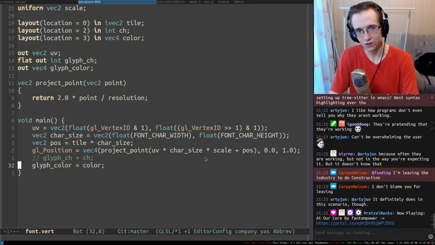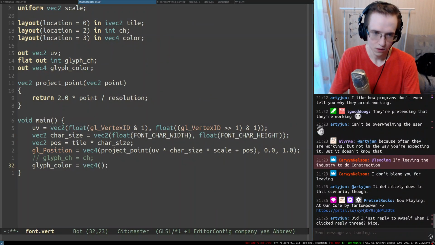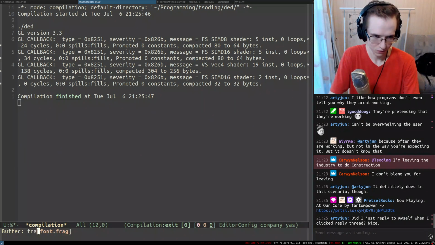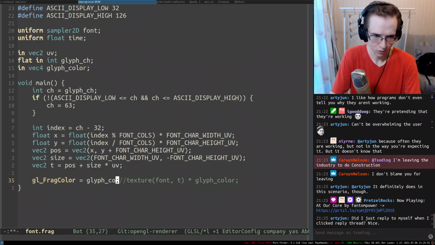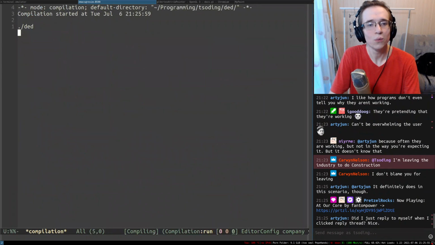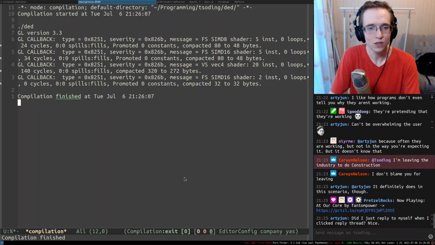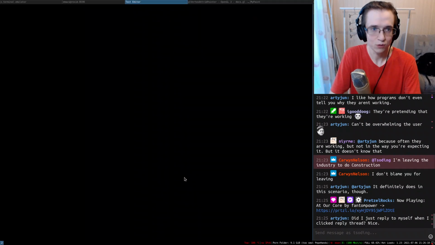So can we set different glyph colors? I suppose, for instance, vec4 0 1 0 1 0, right, and a fragment shader, right, so it's still red because in the fragment shader we don't take that into account. So what we have to do here is glyph color, right? So will that work now? Yeah, so now I can change the glyph color from the vertex shader, which is nice. Right, so it could be yellowish. Nice. And so here I can just set the color, and it's supposed to be passed.